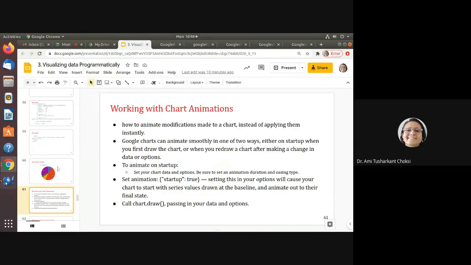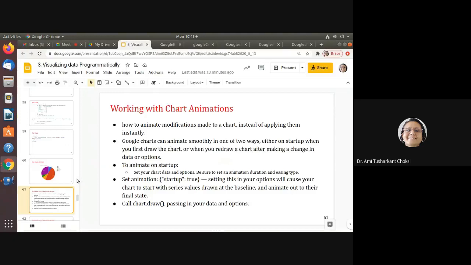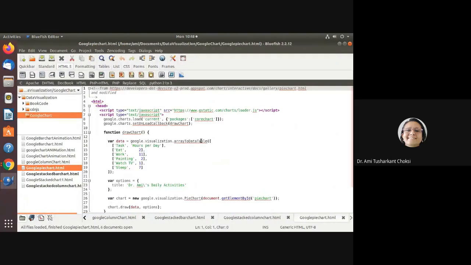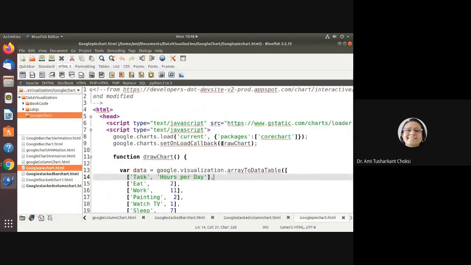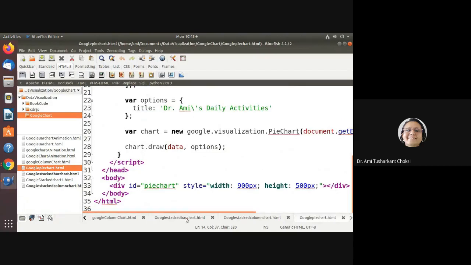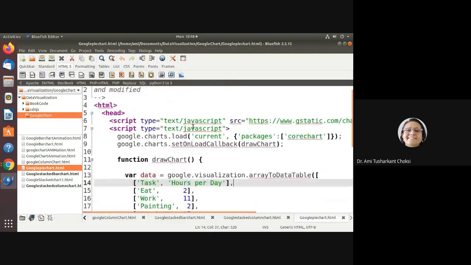So the same thing we can see in our editor, right? What we were doing, pie chart. Let us make the pie chart. Here it is. Let me zoom in so you can see it properly. Now let me run this. It is the same code which we have just seen. So let me run this, we can see the output.